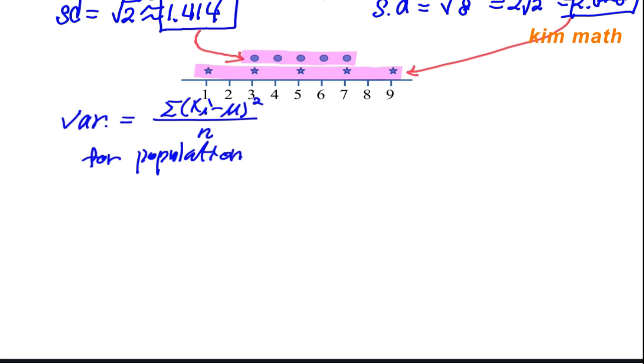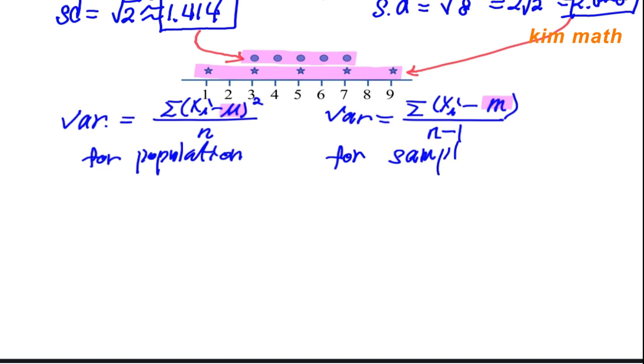And we have another definition for variance: sigma of xi minus m. In this case, m and mu have the same meaning, but usually mu is used for population and m is used for the sample. Okay, that's why I use the m here. Another definition is divided by n minus 1, and this equation is used for sample. Okay,